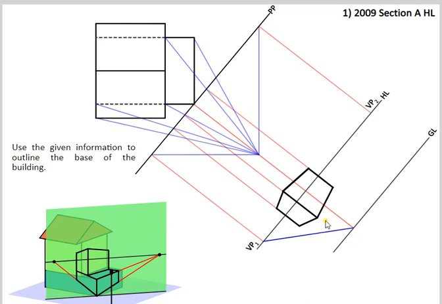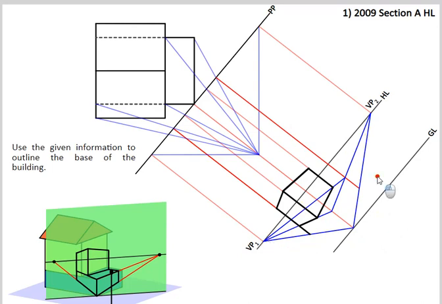So bring it down here onto the ground line. Now in this case we don't have a height for it, but what we do have is we know this edge is connected to it. So what that allows us to do then is use VP1 and vanish out the direction. So what we're doing here is vanishing out the direction, connecting then the back section to VP1, and that's the